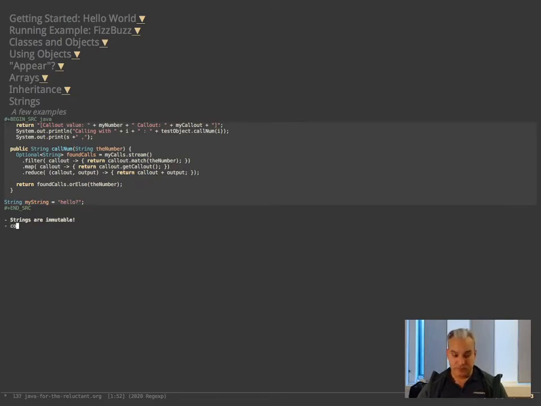So concatenation renders a new string, or yields a new string. And what does this mean in practice? This means that if I just do it once ever so often, it's okay to use the plus operator and concatenate strings. But if I want to build up a string